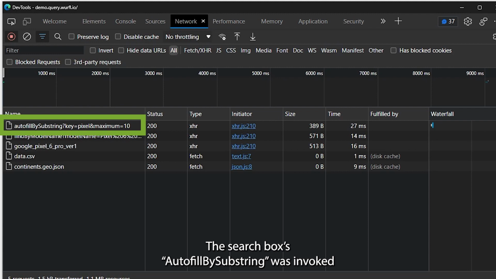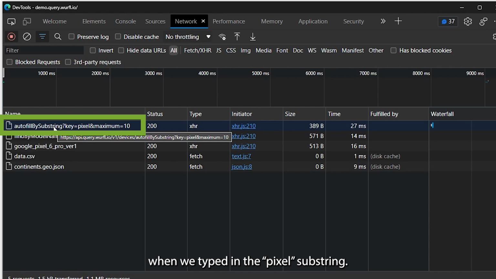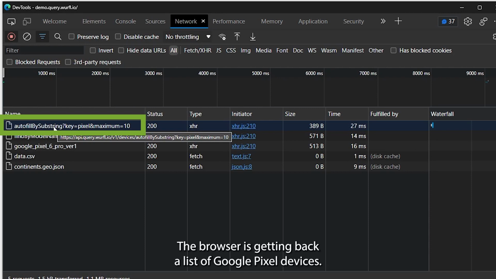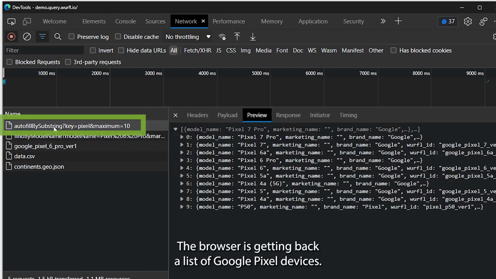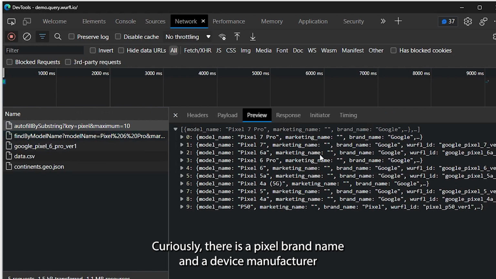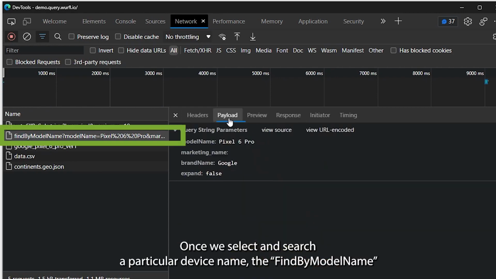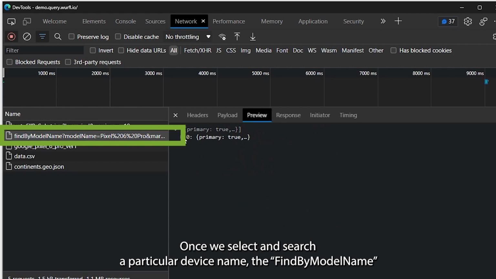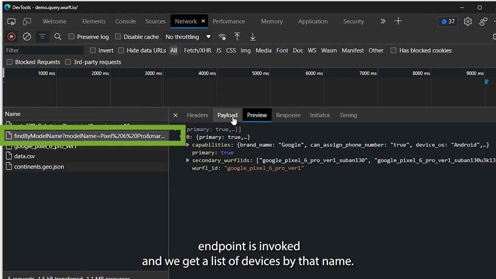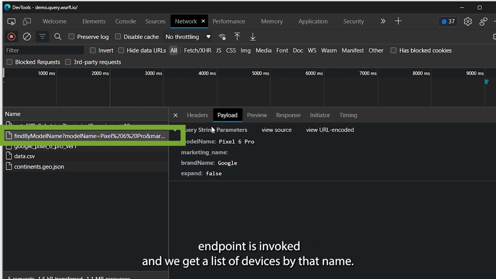In the search box, autofill by substring was invoked when we typed in the Pixel substring. The browser is getting back a list of Google Pixel devices. Curiously, there is a Pixel brand name and a device manufacturer by the name of Pixel, also showing up in the suggestions. Once we select and search a particular device name, the Find by Model Name endpoint is invoked, and